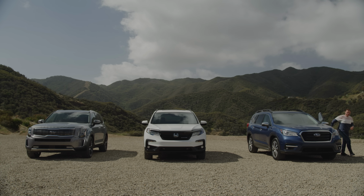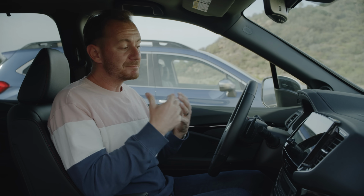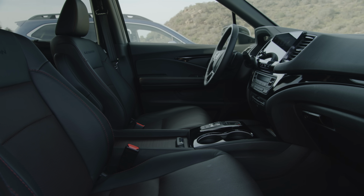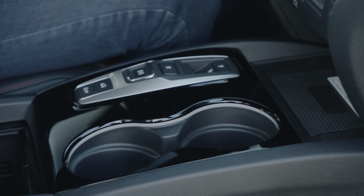Let's check out the Pilot. Honda is known for clever packaging, and let me show you a little bit about what I mean by that. Immediately when you get in, there's a lot of space to move around and get comfortable, just good use of the interior room. There's also a lot of different storage places to keep your small items, and here are two